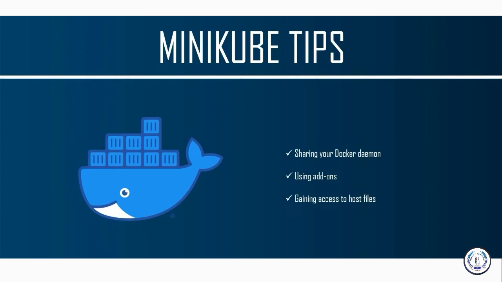The last tip is to gain access to host files. Now, if you want to make files on your host system available to containers running inside Minikube, you have a couple of options. First, you can use Minikube's mount command, which uses a 9p file system implementation under the covers to expose host files to the Minikube VM. Now, the Minikube 9p mounts have some performance impacts compared to hypervisor native mounts